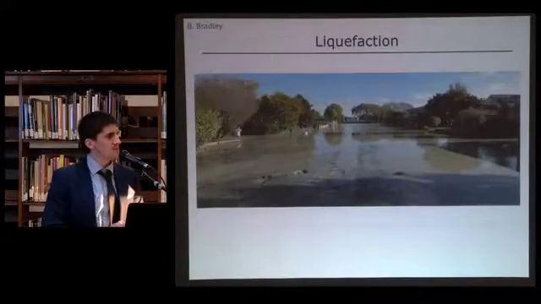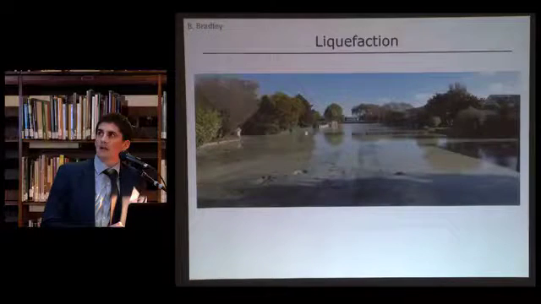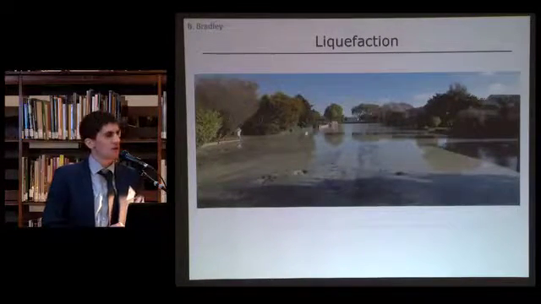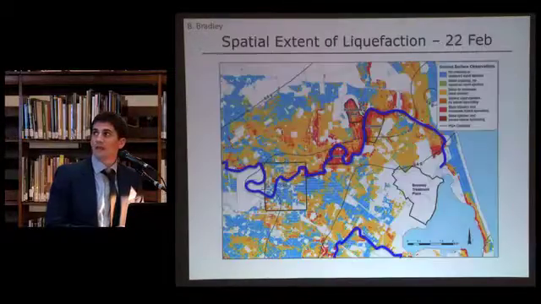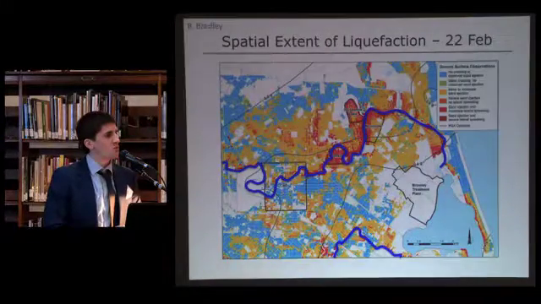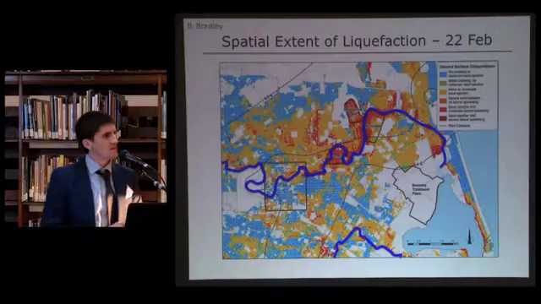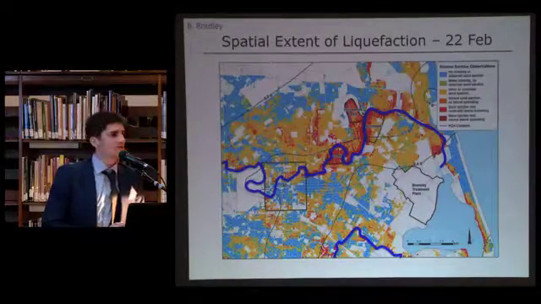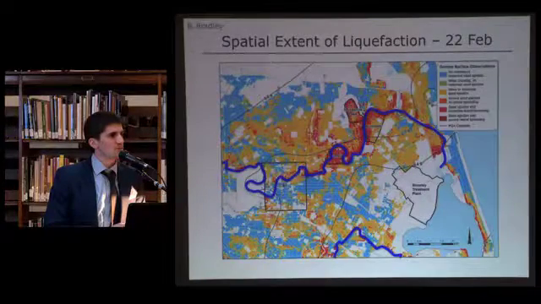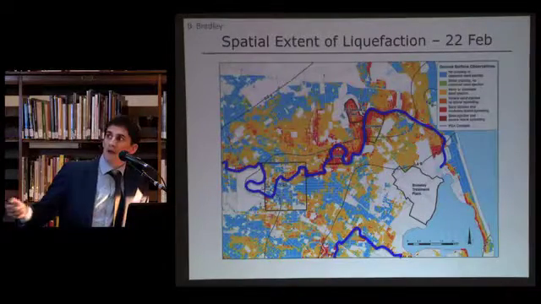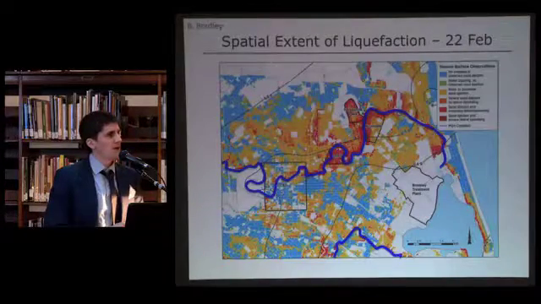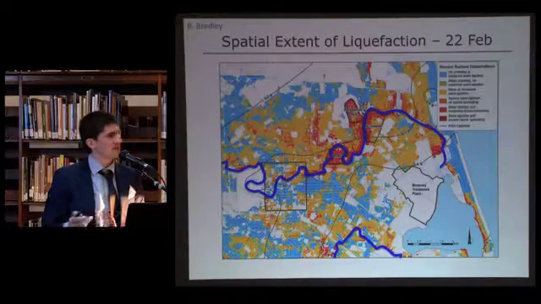Liquefaction was obviously a massive issue in the earthquakes, and really I'll just talk with 1 or 2 slides about that because John and Alan and Tom are going to do it more justice than I can. I think the important thing was the severity and the spatial extent of liquefaction in the region. So this slide is illustrating the severity, warmer colours indicating more severe liquefaction, and basically the CBD of Christchurch is pretty much halfway in terms of the east-west extent of the city.